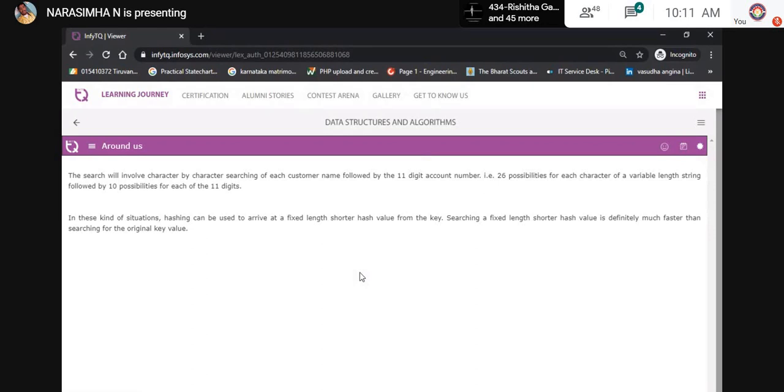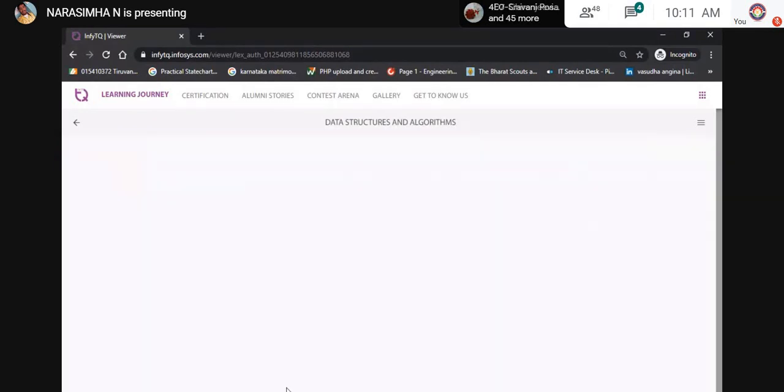For example, by using the hash key value, you can find it much faster than by using the original key value. The original key here is nothing but your account number. Account number is the key value here. But by using the shortened key, you can perform much faster search operations.